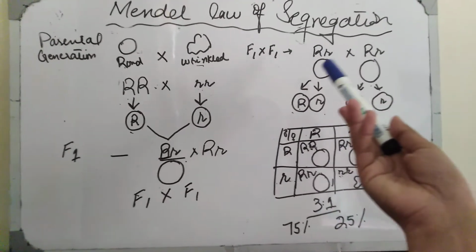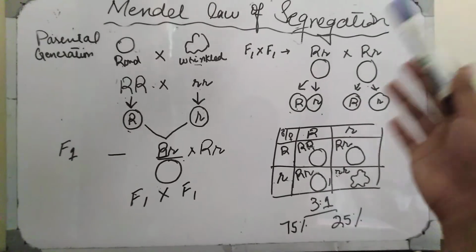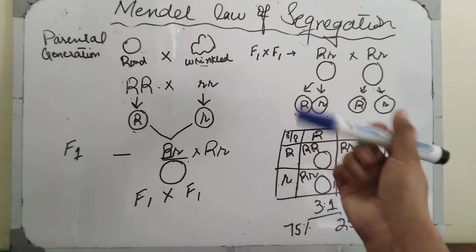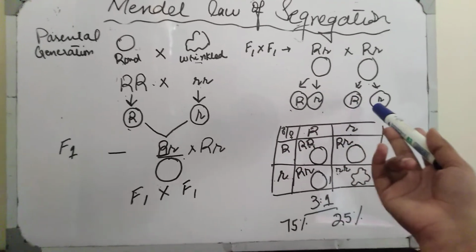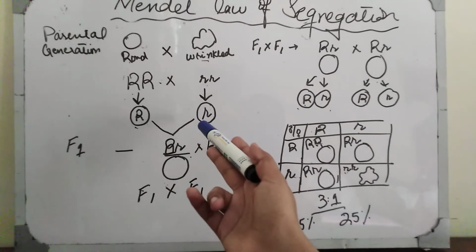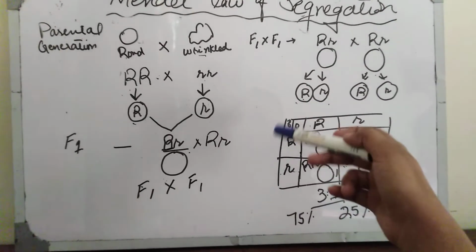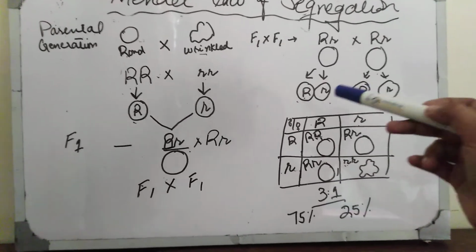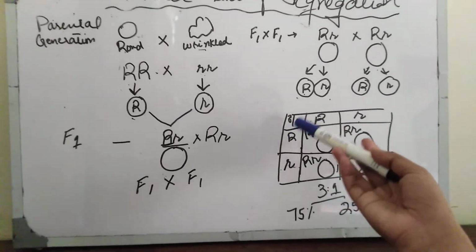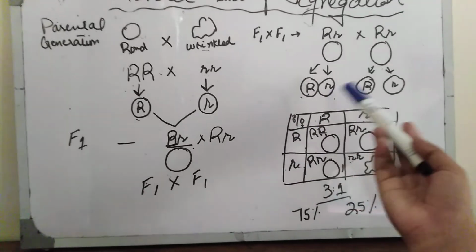What happens in the second filial generation, F1 cross F1, capital R and small r with capital R and small r? Its genotype is this, and its phenotype is round and green; the color doesn't matter. Now we are going to generate its genotype. It has two types of gametes, capital R and small r, unlike the parental generation, which has only one type of allele. For generation of its offspring, we draw a Punnett square or checkerboard, which can represent the outcome of possible offspring.